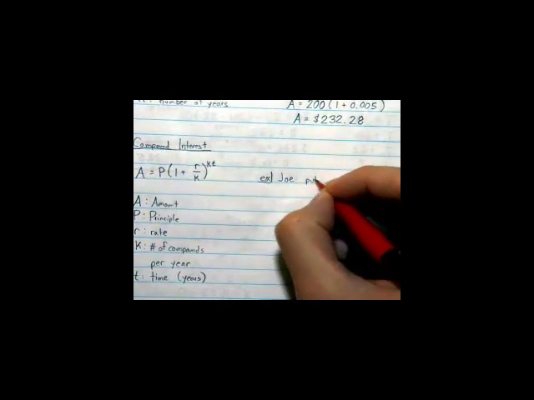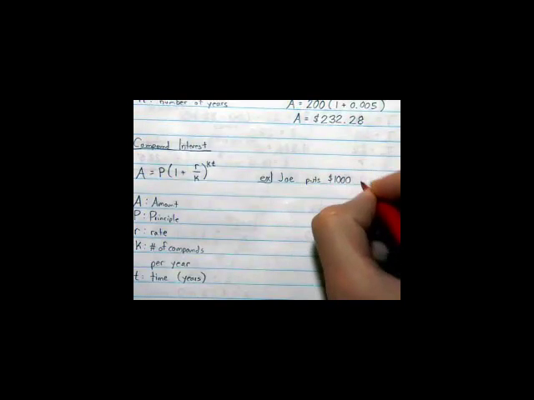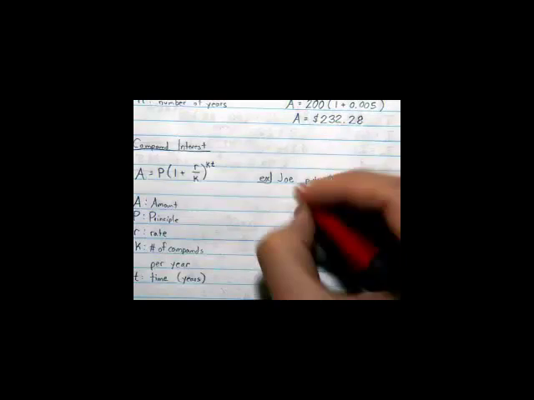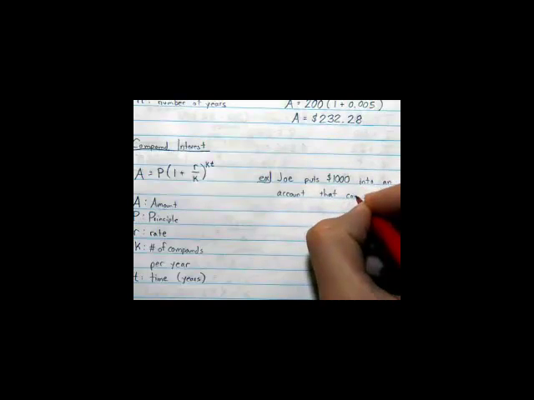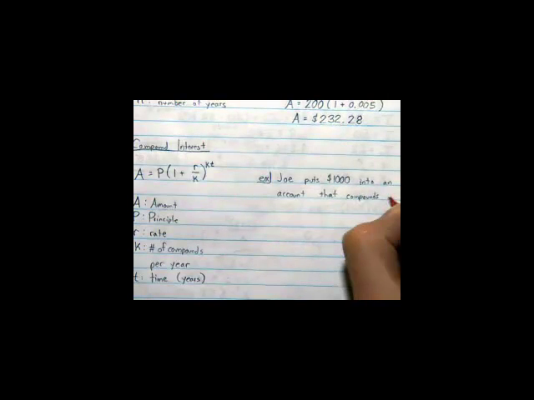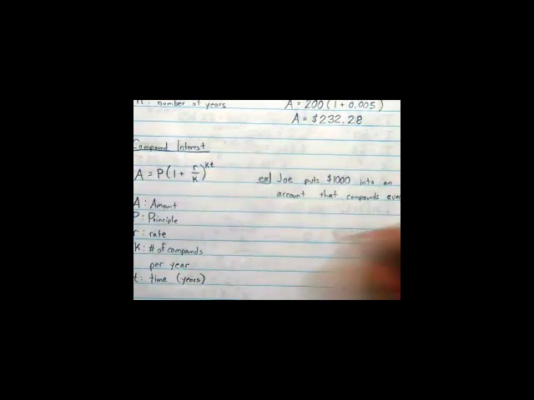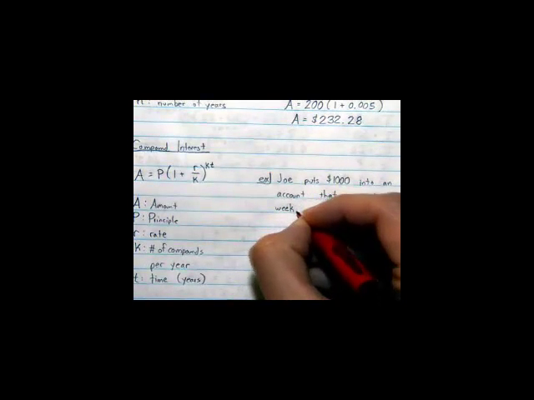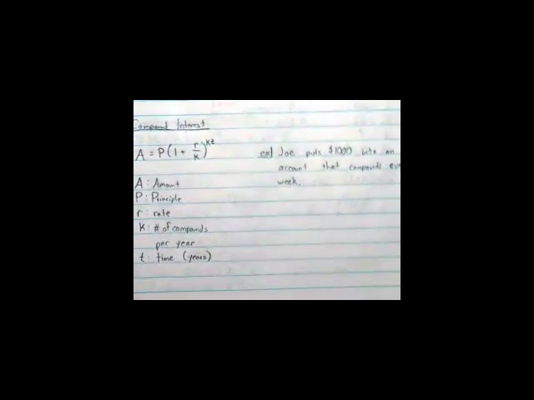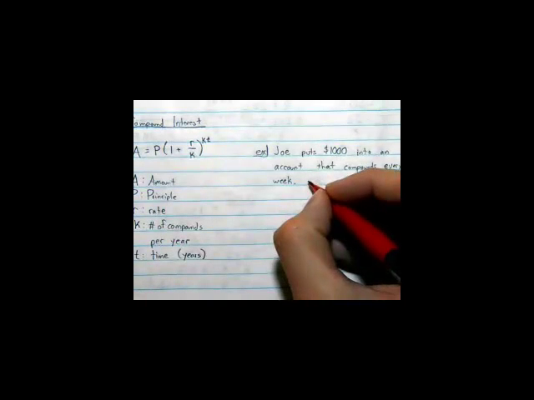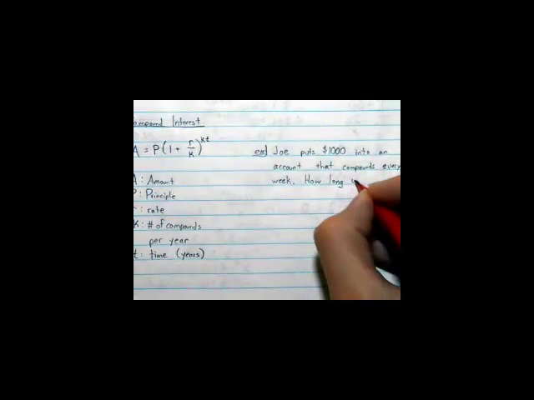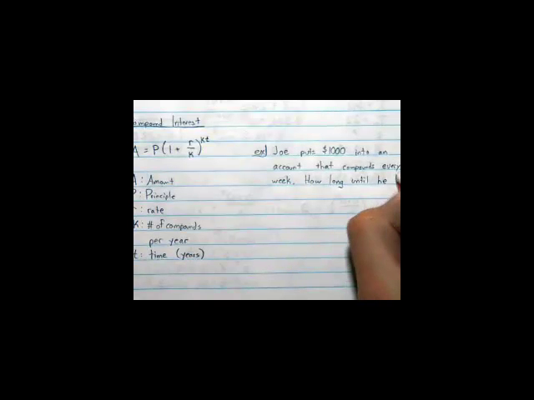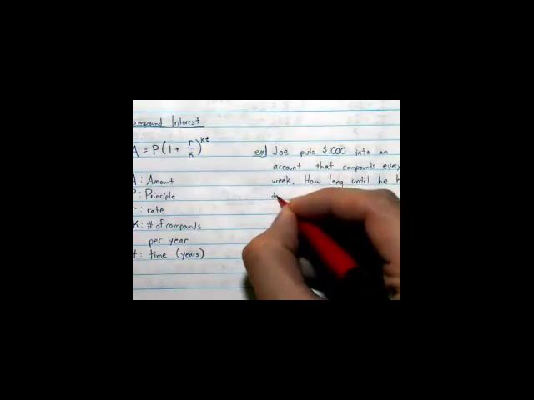Joe puts $1,000 into an account that compounds, let's say it's a weird one. Usually it's monthly, but let's say every week. So he's like, woo, it's every week. Gets a little extra. So compounds every week. How long until he has doubled his money